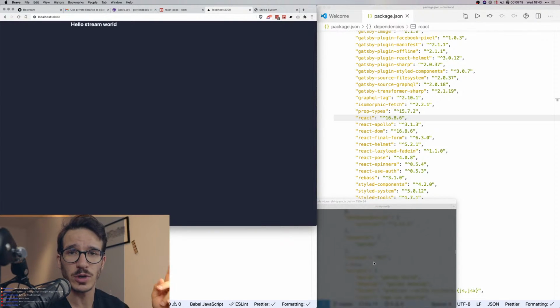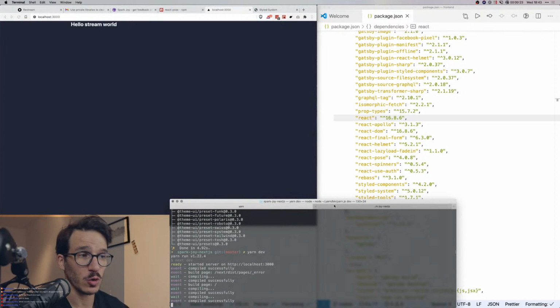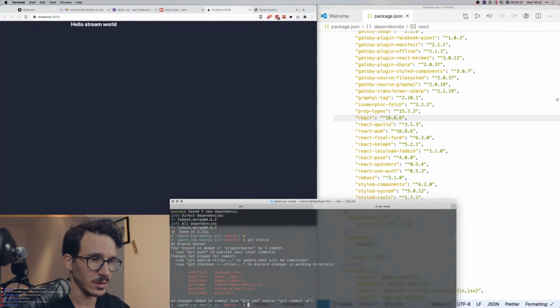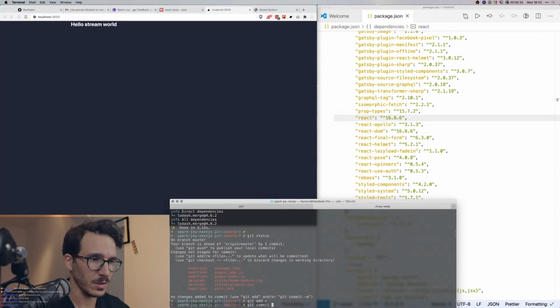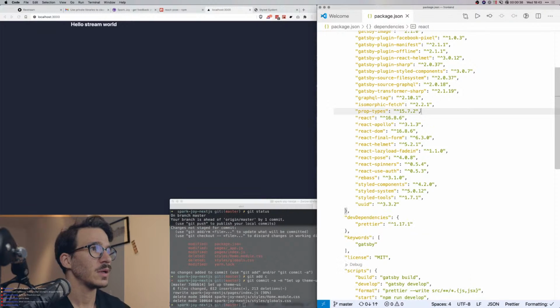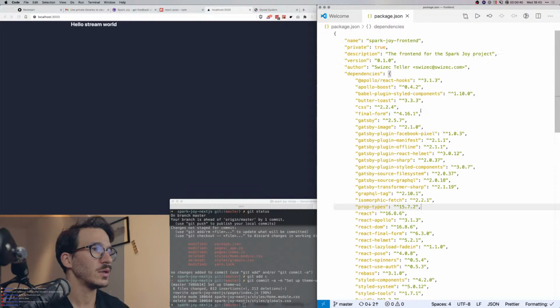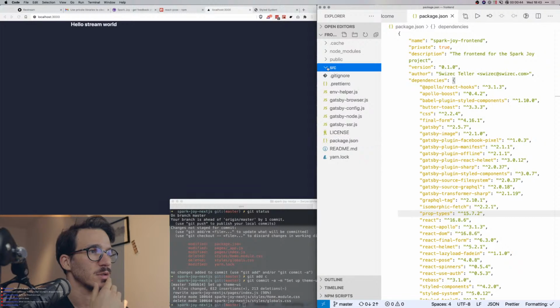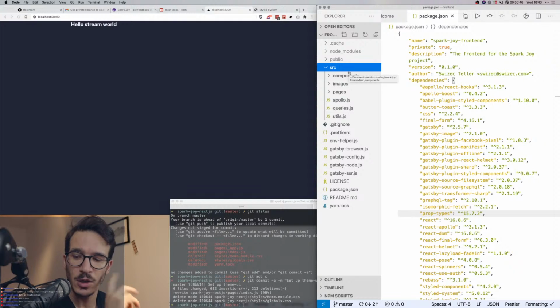Now we're going to try to steal the original page from Gatsby. And hopefully that will give us most of what we need. Git status, git add, git commit -a -m, set up theme UI. We've got that set up. Then we go here. Let's see, how is SparkJoy doing this? So now I'm looking at my original